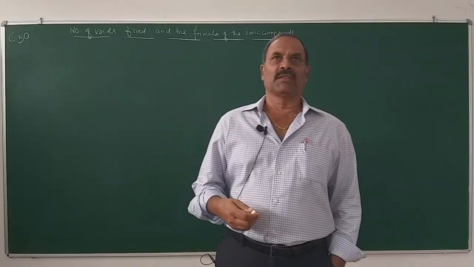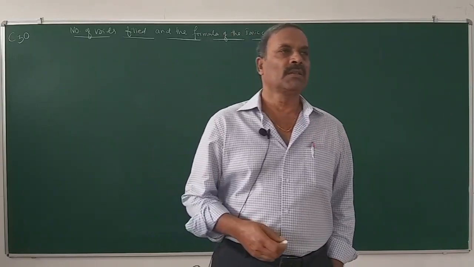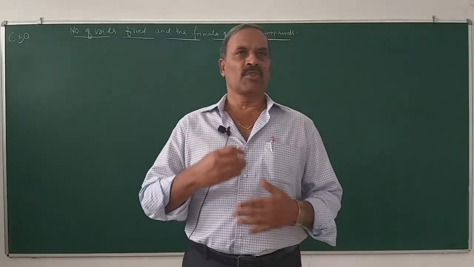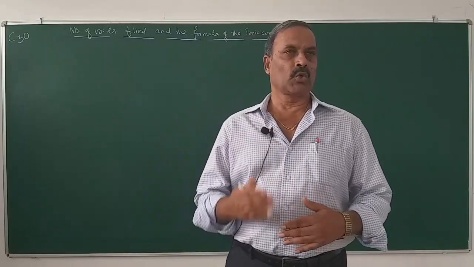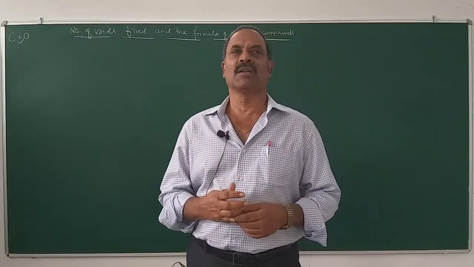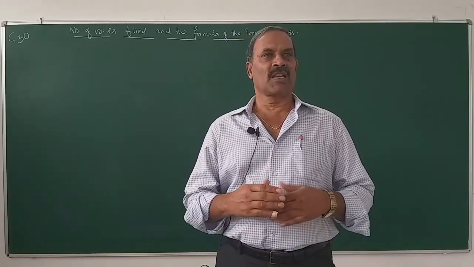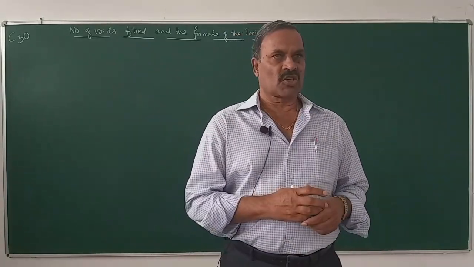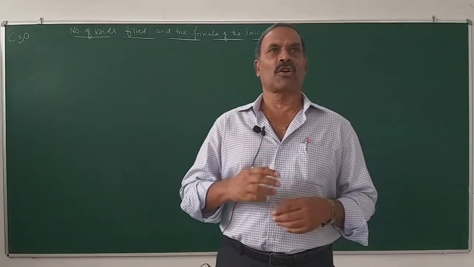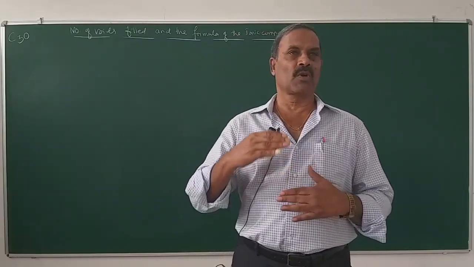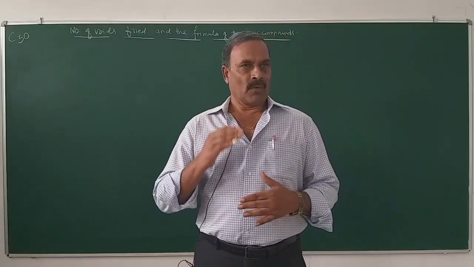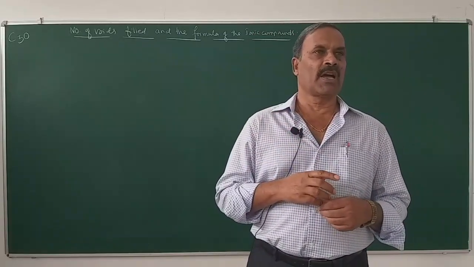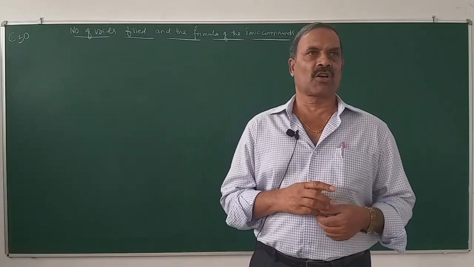Yesterday we have studied three-dimensional close packing in crystal lattices. So three-dimensional structures are obtained by placing two-dimensional layers one over the other. If square close packed layers are placed one over the other, we will get simple cubic structure, and if hexagonal close packed layers are placed one over the other, we will get hexagonal close packed structure and cubic close packed structure or FCC.